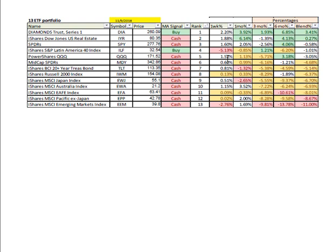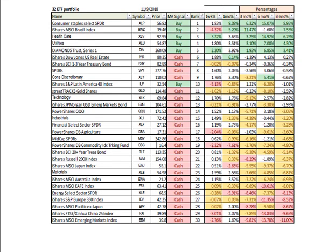I would notice that Latin America, which has been relatively strong compared to the other indexes, had a negative week of minus 5%, and so it may have cracked, and because it's volatile regularly, this could be a good short-term candidate for trading. The ETF 32 portfolio expands that same basic look into some other sectors and countries, and